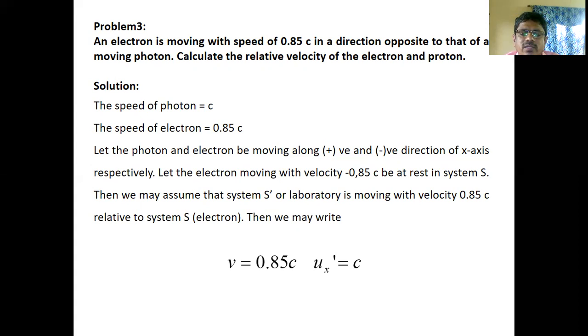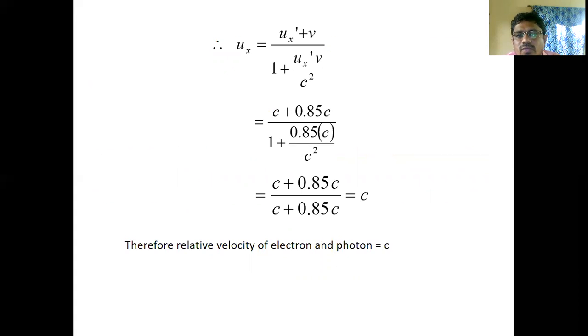Let the electron moving with velocity minus 0.85 c be at rest in a system S. Then we may assume that system S dash, the laboratory, is moving with the velocity 0.85 c relative to the system S. Then we may write V is equal to 0.85 c. The velocity of the photon, ux dash, is equal to c. So ux is equal to (ux dash plus v) by (1 plus ux dash v by c square). That is c plus 0.85 c by 1 plus